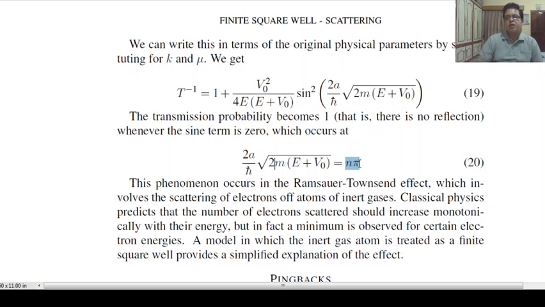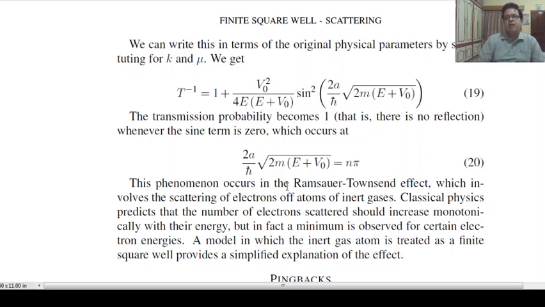And if theta is a multiple of (2n plus 1) pi by 2, in that case the interference is not destructive. So there is maximum intensity, and at that time R becomes maximum and T becomes minimum. So there are two extreme conditions, and only for the n pi condition T becomes 1.